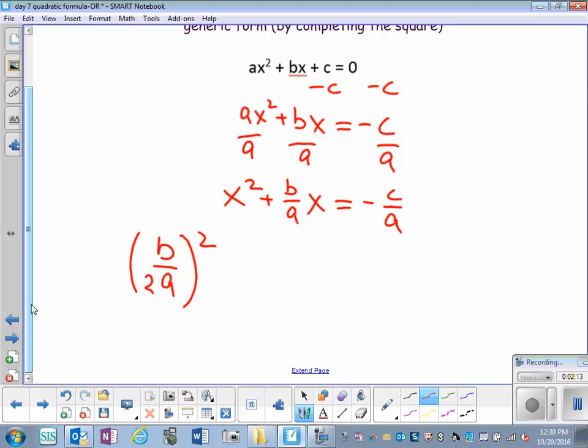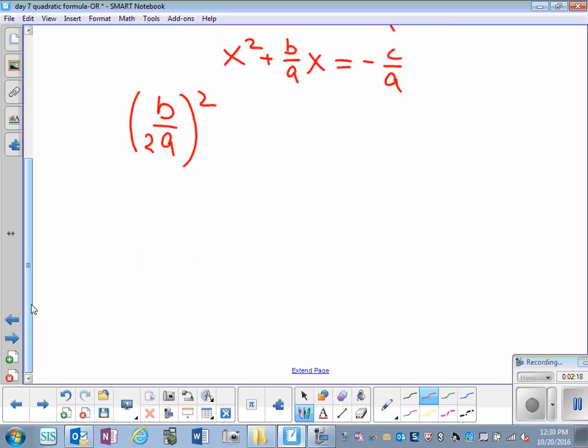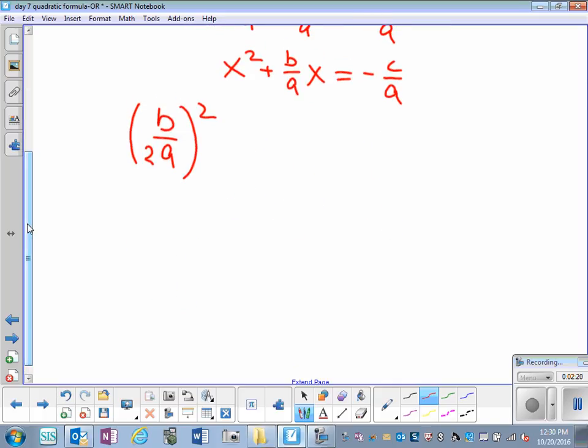Yeah, sure. And so I need to add this to both sides of my equation. So let's do that. I'm going to take this and add it to both sides of the equation. Plus b divided by 2a squared equals negative